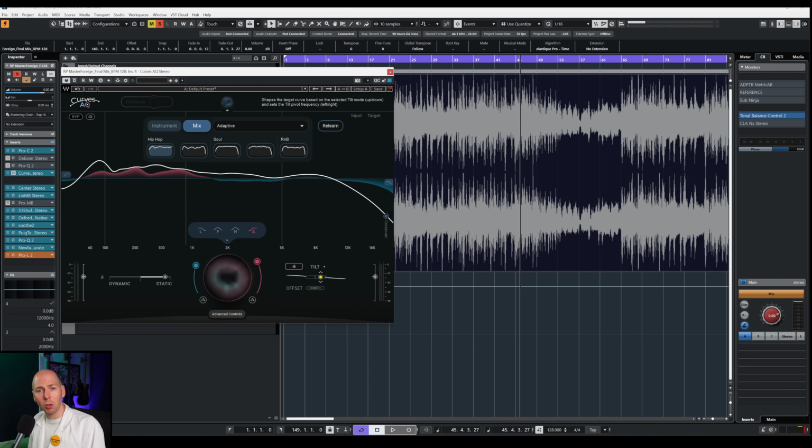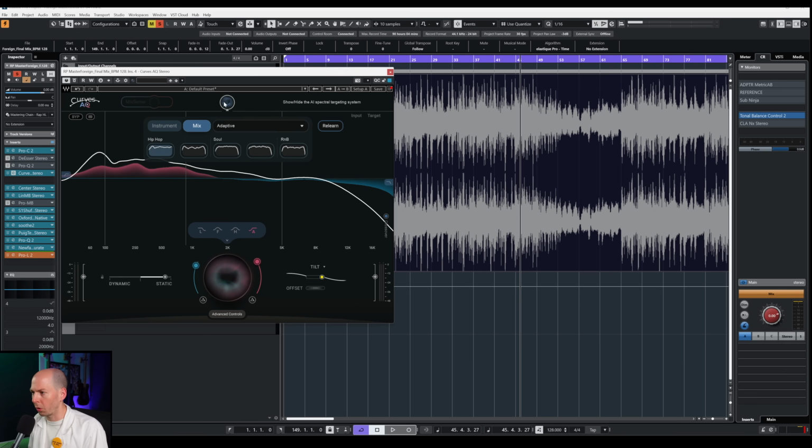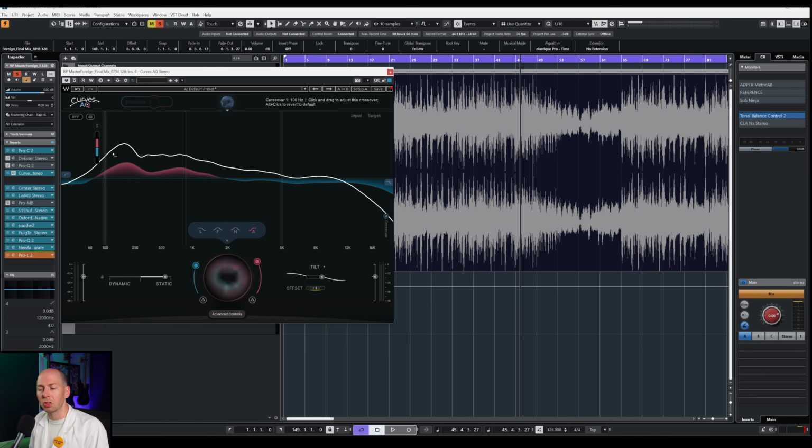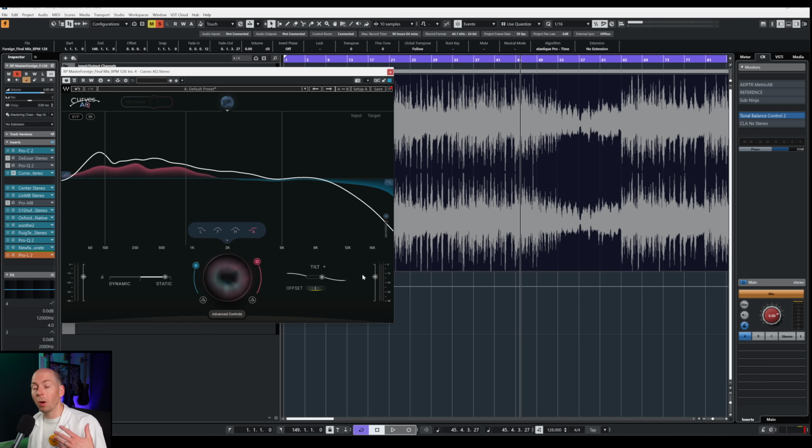Or if it was too brittle and you want more bass, you can just tilt it this way, and then this left and right changes the crossover point for you automatically. This offset basically locks in this tilt, but just shifts it around in the frequency space so that you can avoid certain things like a kick drum or snare drum, or maybe shift it away from a fundamental or something. If you really want to get into the nitty-gritty details, we can go to the advanced